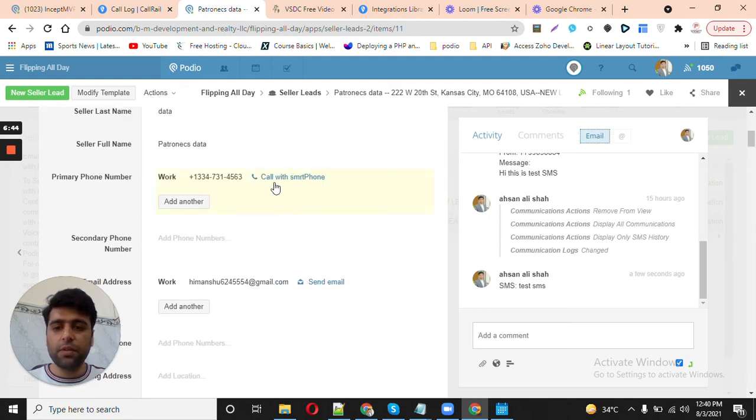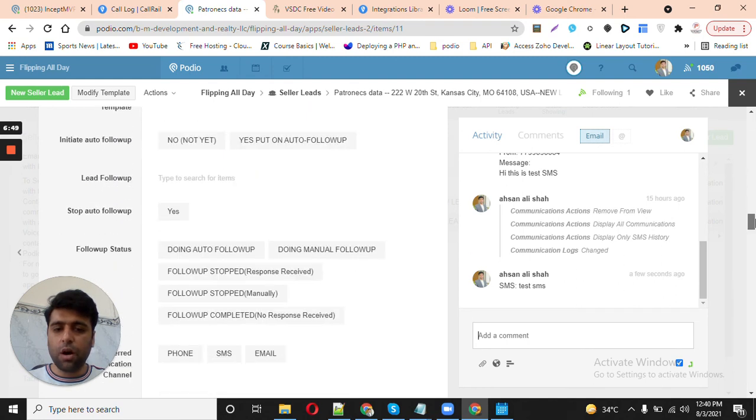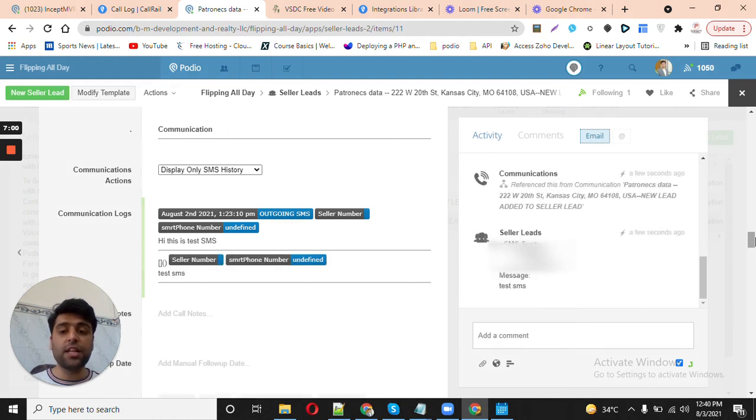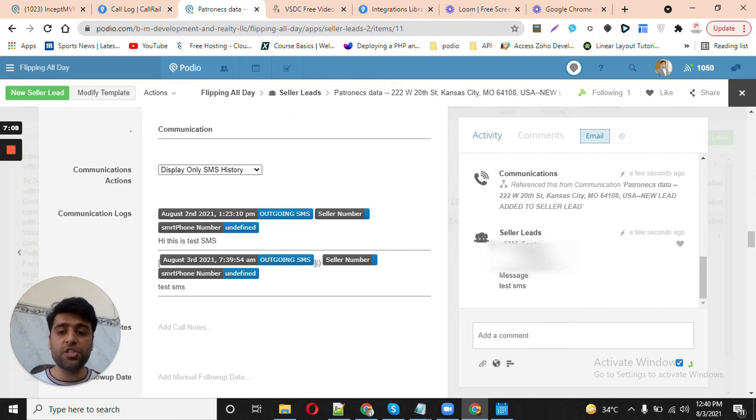So the message will be delivered on this number, and we will also see whether the communication log is built or not. It takes some time because there are some backend workflows which work once you type this text into the comment. So you can see that the communication log is built, and all the activity is also showing in the comment section. This communication log can indicate how many messages you sent in the past. It shows the time of sending the message, whether it was an outgoing or incoming SMS, and similarly it will also show you what number was used for this.